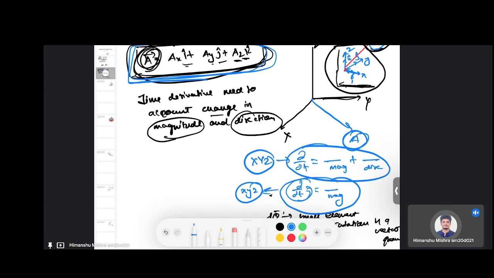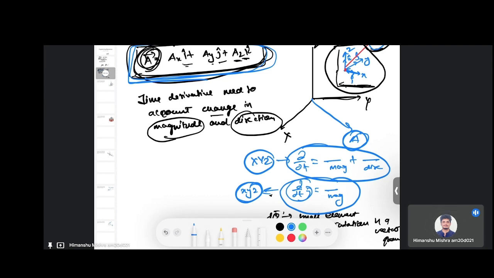If you define the vector A in the moving frame small xyz, and you are yourself sitting on the moving frame, then you cannot see the change in the direction of vector A, because you and vector A both are moving simultaneously in the same fashion as your coordinate small xyz is moving. So you cannot say, okay, the vector is moving relative to me in a different direction. No, you cannot